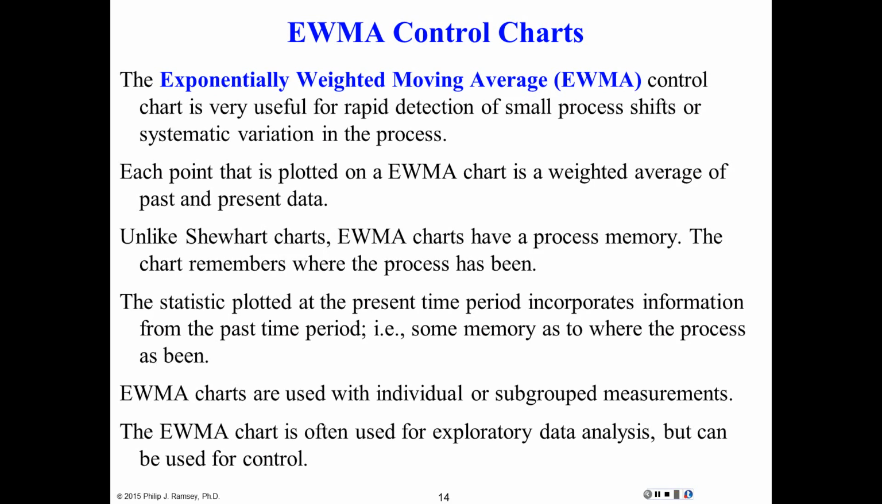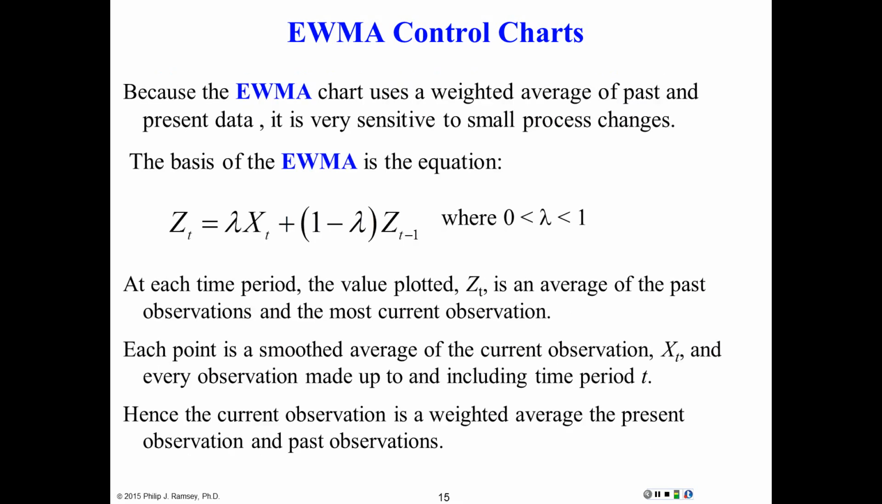So basically this is a concept in engineering process control, where they don't just use the most recent measurement, they also use historical information about where the process has been and where it might be going. So EWMAs take averages over time. That's how they work. So when you plot an EWMA chart,